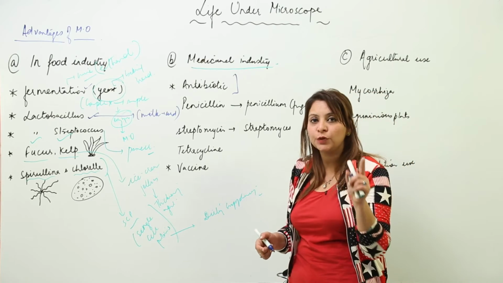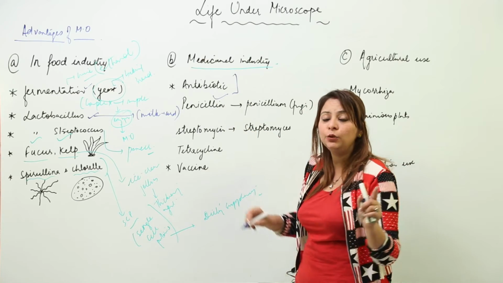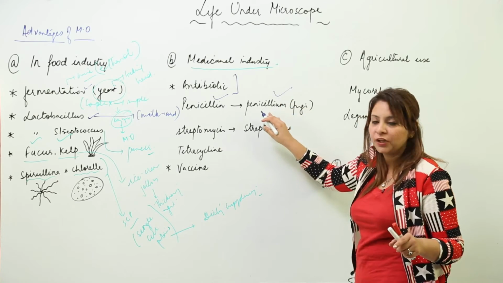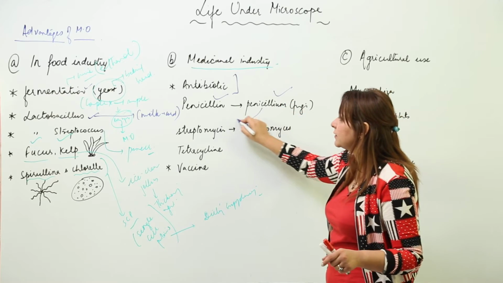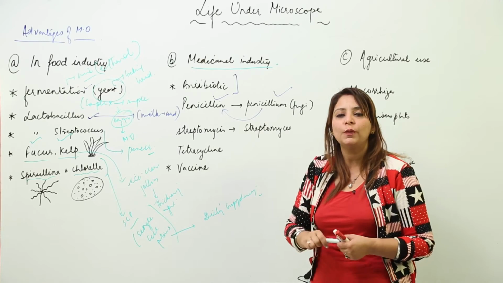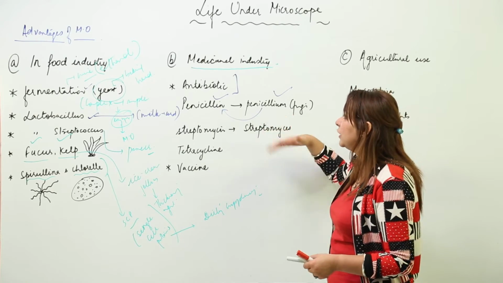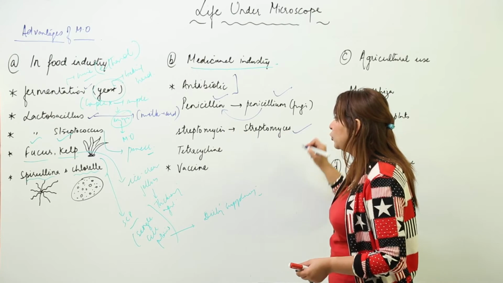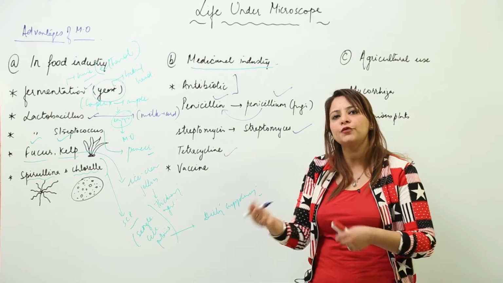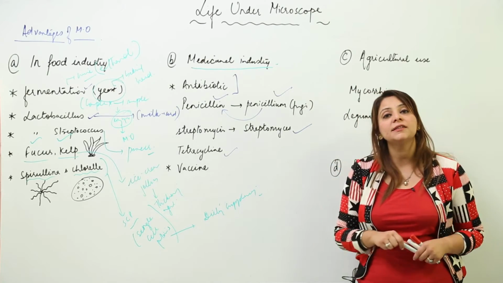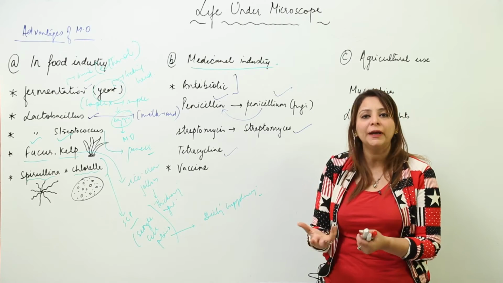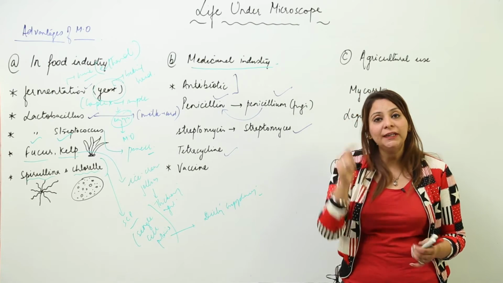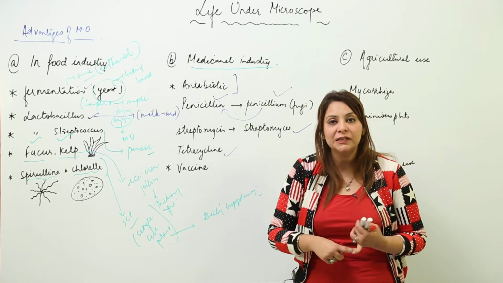The first antibiotic which was synthesized was penicillin, and you know that it was synthesized from a fungus, again a microorganism, named Penicillium. So Penicillium fungi produced the first antibiotic, penicillin, and likewise we can form many antibiotics. Streptomycin is produced from Streptomyces, and tetracycline and erythromycin we get from other bacteria. So there are certain bacteria, or microorganisms in general, which can produce the antibiotics, and you know that we need the antibiotics if we want to get rid of the diseases.